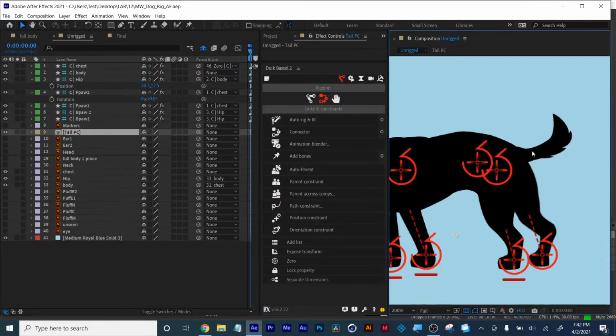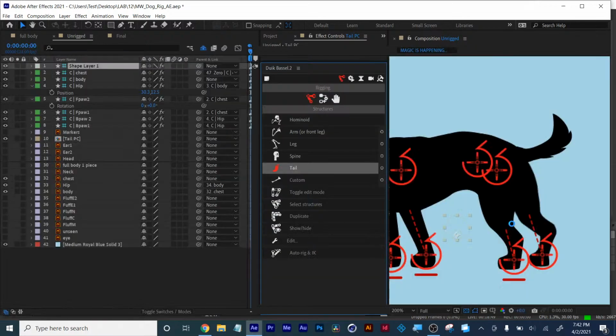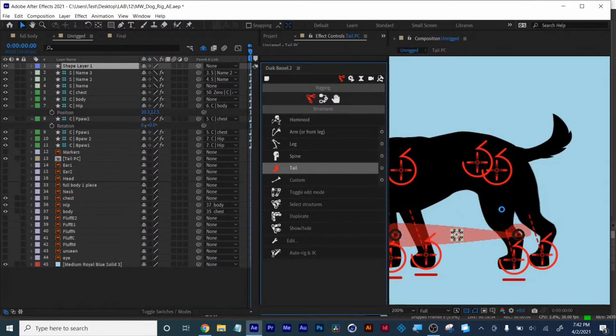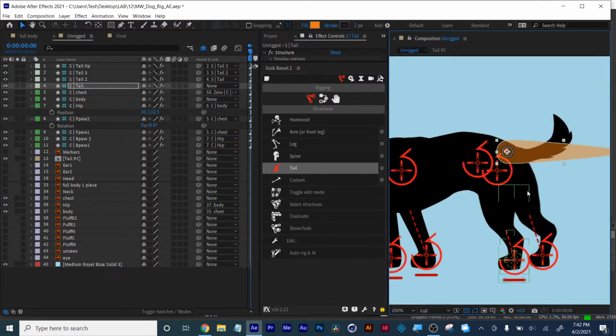Just going to save so I don't lose this. Alright, now I don't know where I want those pins to be, so that's why I'm going to go into the structures and click tail. And just like magic, there's the tail. So I click on the first part of the tail. I'm just going to move it up. And I'm going to